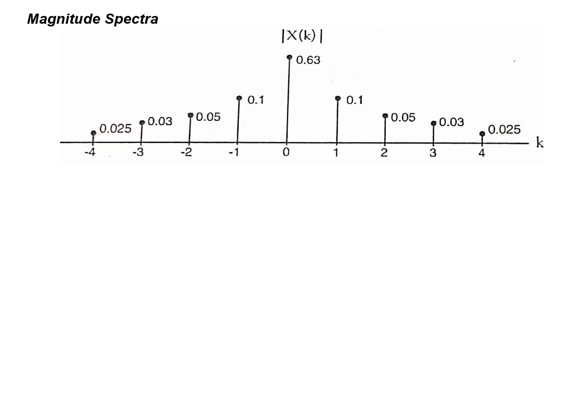These are the frequency components present in the given signal. It has a DC component of 0.63 units amplitude, and the fundamental complex frequency component of 0.1 amplitude at frequency 1. The fundamental frequency was 2 pi radians per second, so 1 hertz. Basically the frequency of the given signal is 1 hertz. At 1 hertz, this is the amount of sine wave energy, that is complex exponential energy, present. This is the second frequency component present in the signal at twice the fundamental frequency, that is the second harmonic. The amplitude is 0.05 units.